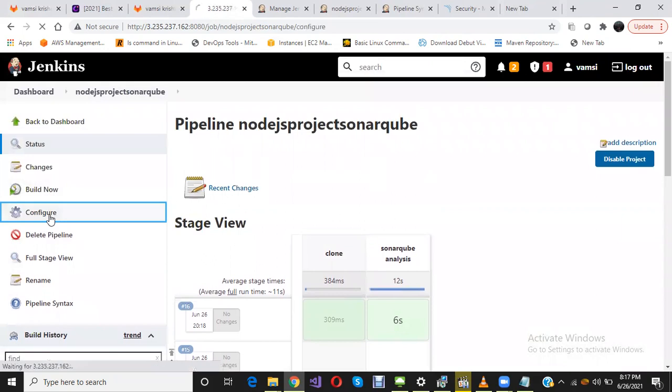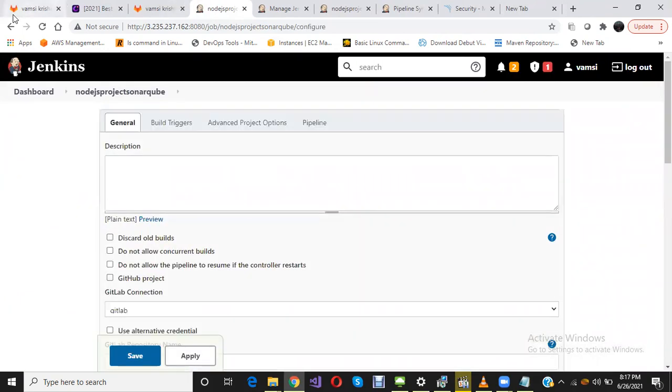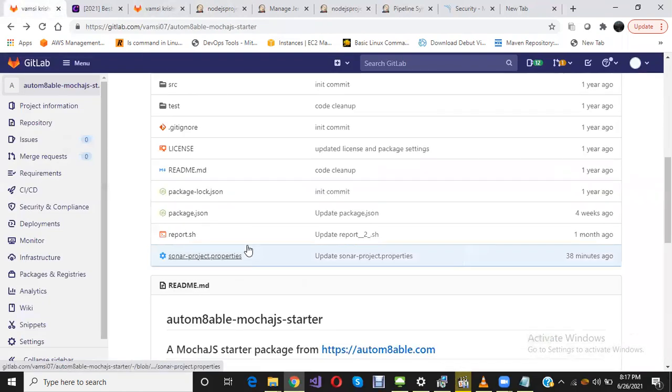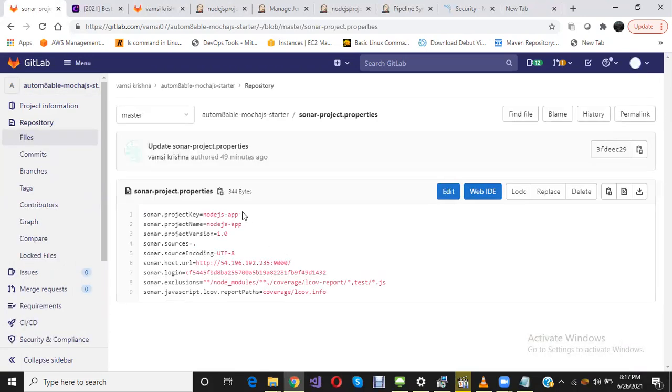For that, go to configure. Before that, I will explain what the sonar-project.properties file is. Here the project key is Node.js app. We can mention any name, and the same name will be displayed in the SonarQube dashboard. You give the SonarQube host URL, and this is a token, which I have shown how to generate.